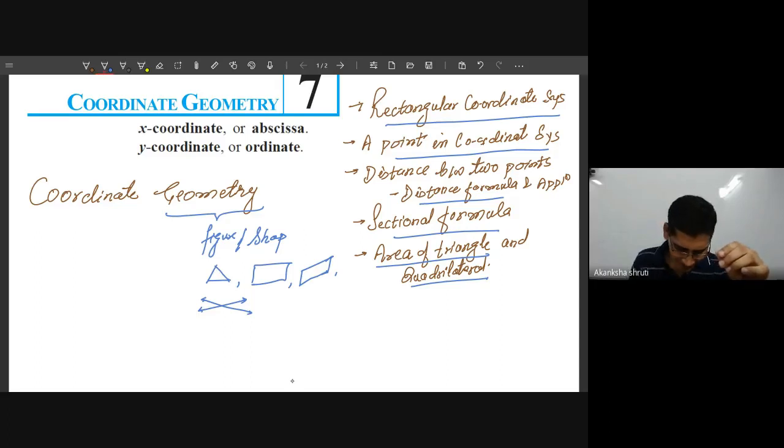But why this coordinate? What does it mean? Coordinate simply means specifying a point. This figure we are going to learn about not by means of drawing it, considering its boundary and its area, but the area can be determined by an alternate method, where if we know the coordinates of its vertices, then its area can be determined. So coordinate simply means related to point.